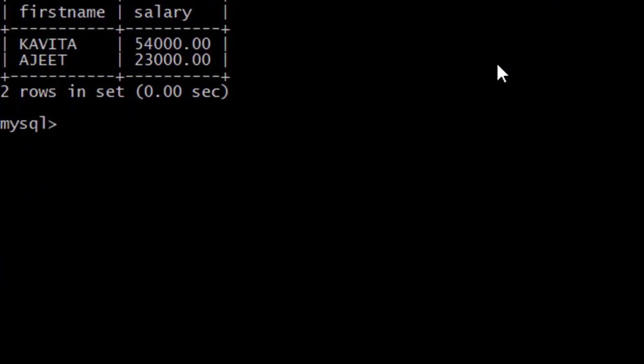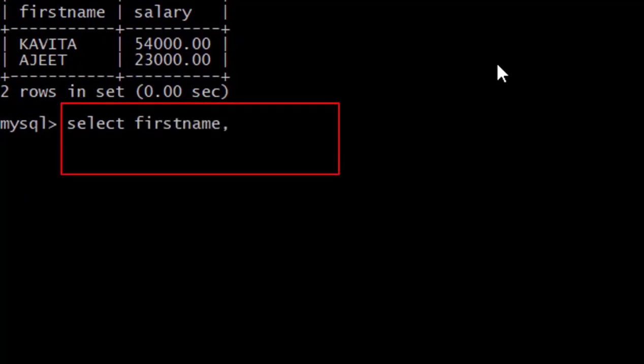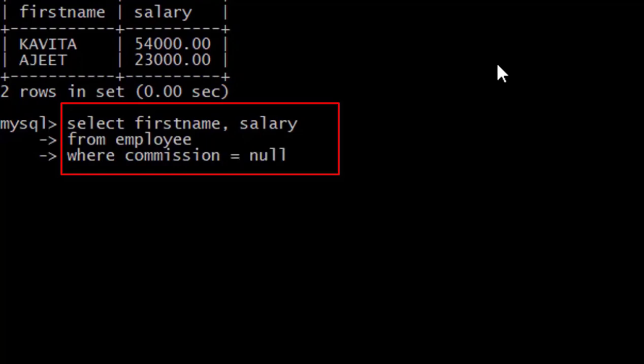Now this time I am doing it wrong. Suppose you write select first name, salary from employee where commission equal to null. So student, here I have written equal to.